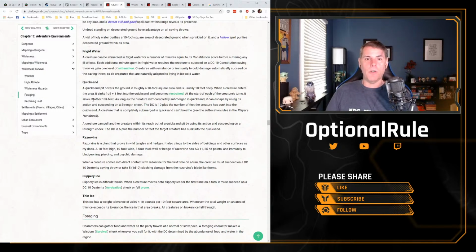At the start of each of the creature's turns, it sinks 1d4 feet more into the quicksand. As long as the creature is not completely submerged, it can escape by using its action to succeed on a strength check, which is important because it's not dex. If it was dex, they'd be at a disadvantage. And the DC is 10 plus the number of feet the creature has sunk into the quicksand. So this is deadly. I like this because it's going to add a lot of features if the players want to do anything but